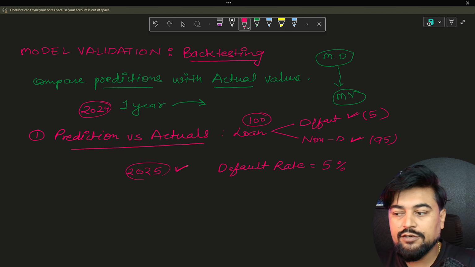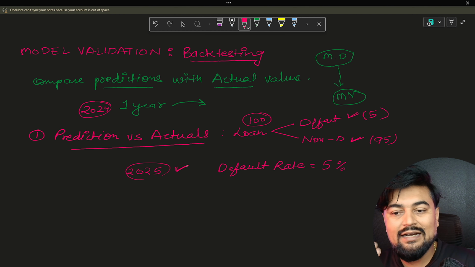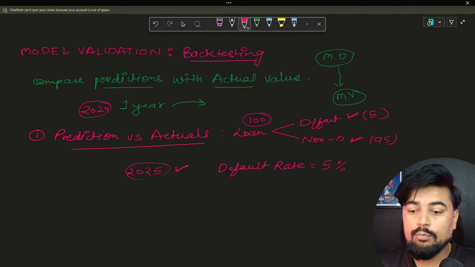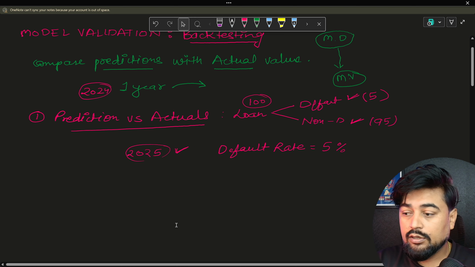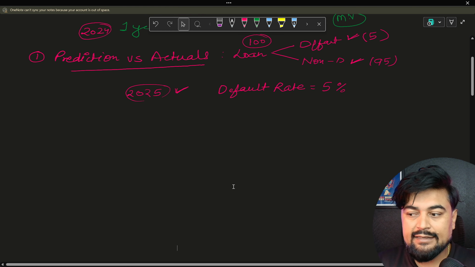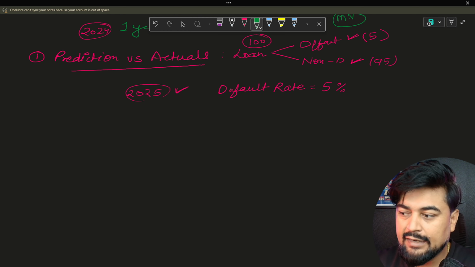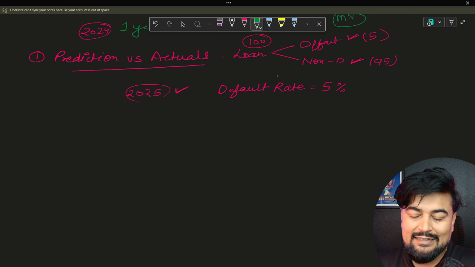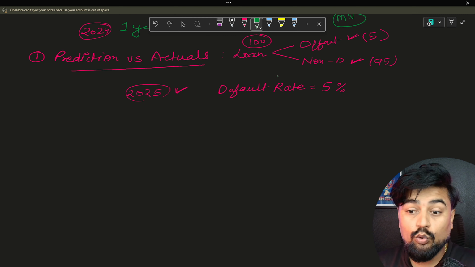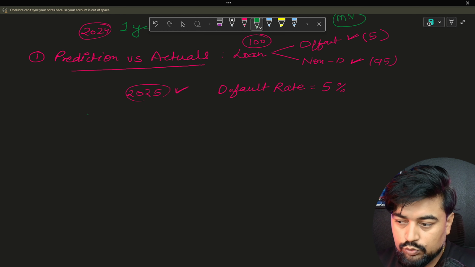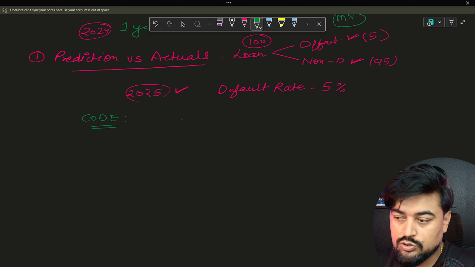That difference between the default rates is going to tell you how you are going to treat that model, whether it is performing correctly or whether you need to make changes in the model, because it is not predicting the values correctly. In that case, the accuracy of the model is questionable. Now, how do we do this comparison? This is not an eyeball check where I just look at it. For that I need to write Python code. It will be a small Python code. I will tell you the code and I will execute it for you as well.